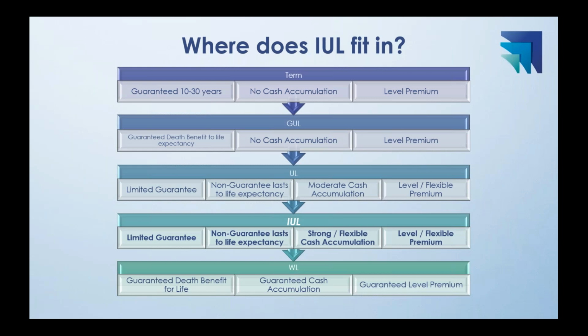The majority of them are going to be a limited guarantee, meaning that they're usually scheduled to last for life expectancy, which is approximately age 85. That, along with many things in the life insurance industry, will vary a little bit from carrier to carrier and plan to plan. But in general, these are designed to last for average life expectancy.